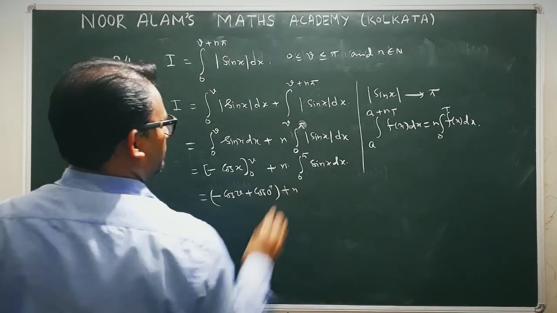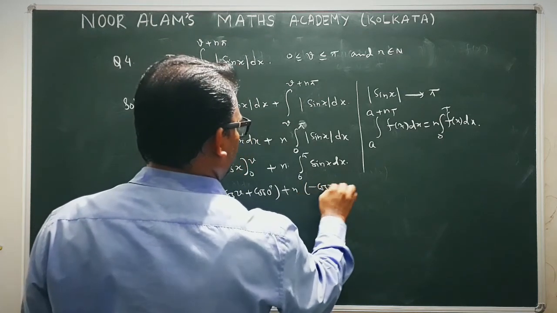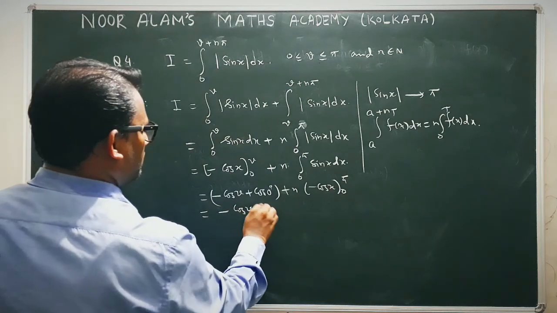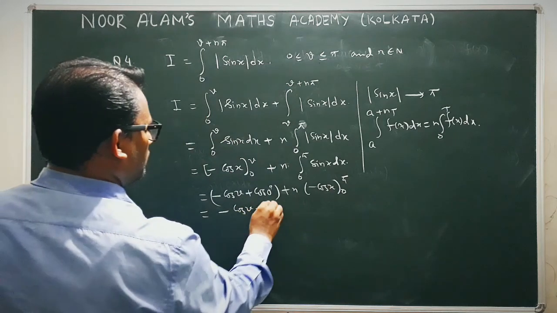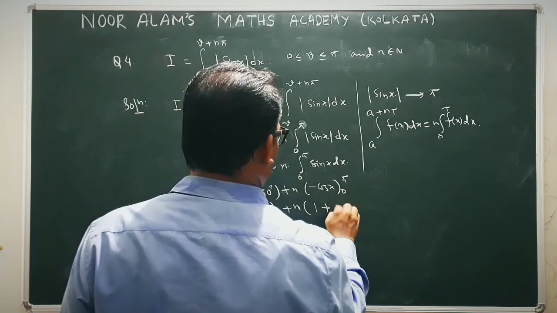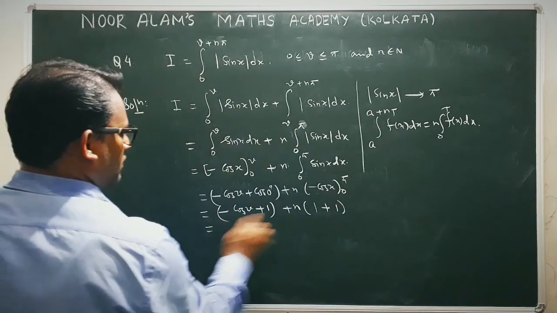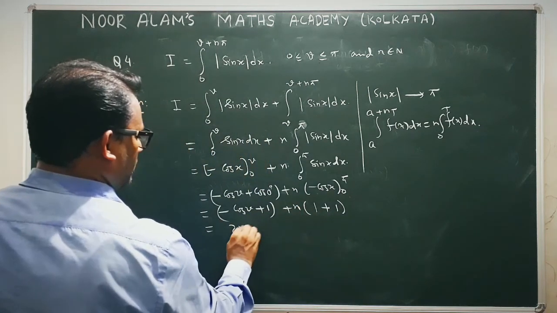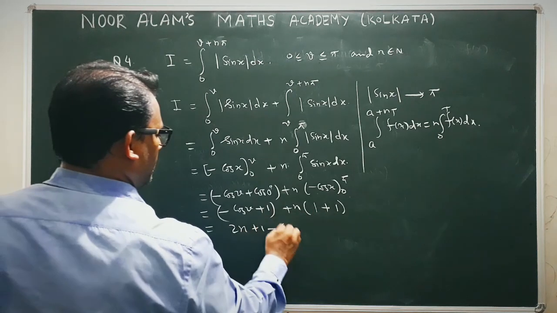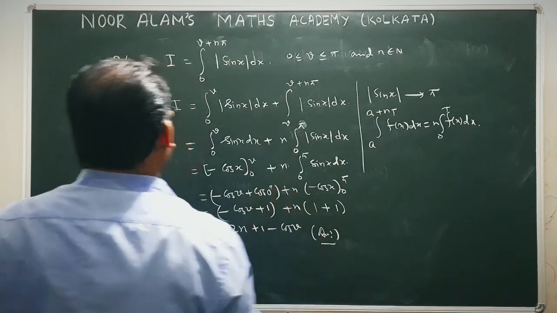Here you get n. Now the integration of sin is minus cos x and the limits are 0 to pi. So what we have, cos of v, cos 0 is 1, plus n. Now when you put x equal to pi, you get minus 1 minus minus plus 1, then again when you put 0 you get 1. So what we have, 1 plus 1 is 2, 2 into 1, 2n, so 2 plus 2n, that is 2n plus 1 minus cos v. This is the answer.